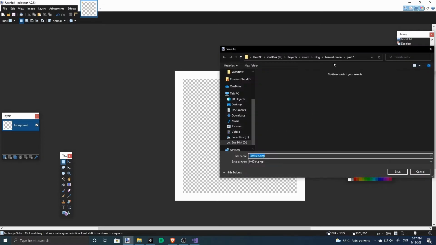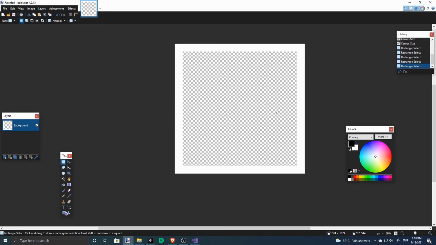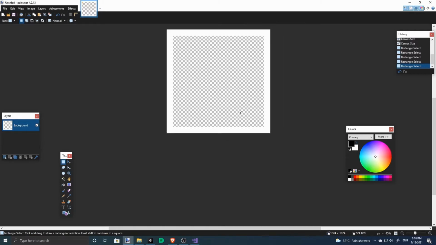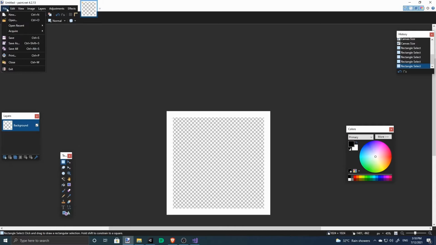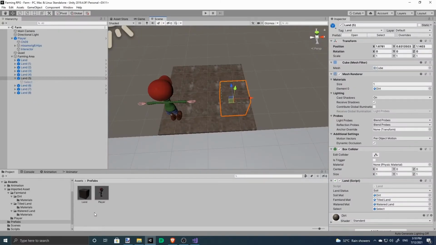So there's a transparent box like that with transparency underneath. We'll save as. So this will be our select texture.